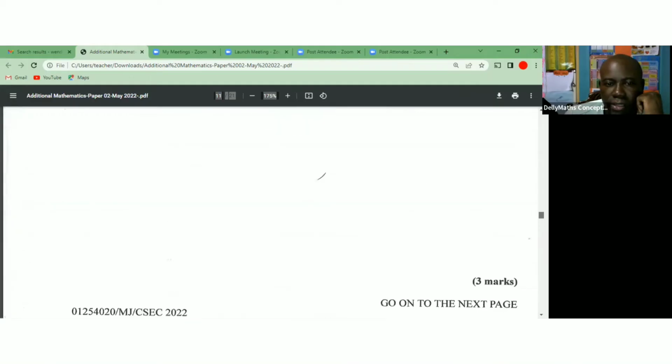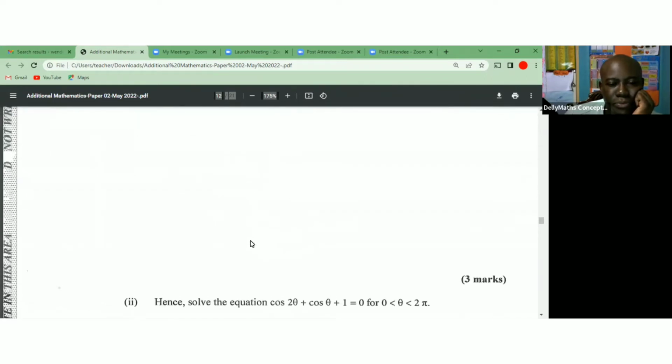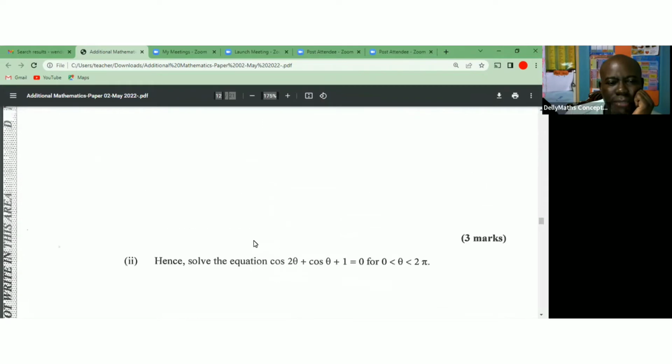So we're continuing on question 3. We are at part D, the second part of D, which is the development from the first part. In the previous video, we proved that cos 2 theta is equal to 2 cos